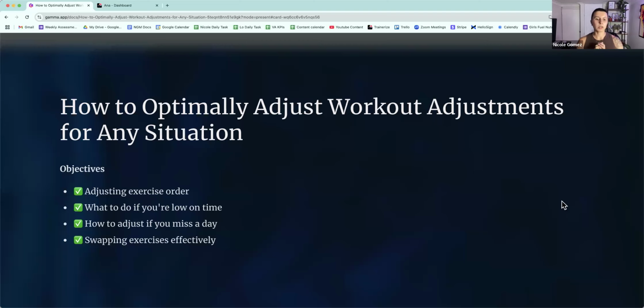The goal here is with Project Magic, with your program, with everything, we set out this blueprint, right? We set out these guidelines, we set out this foundation, but we know that all types of variables change, and we need to make sure that we are adjusting for that and we know how to pivot. So giving you a workout is great, but also teaching you how to adjust that workout is going to help you more long term. How can you understand what you're doing? We can be more intentional with the exercises that we're doing, and of course, how to adjust if needed.